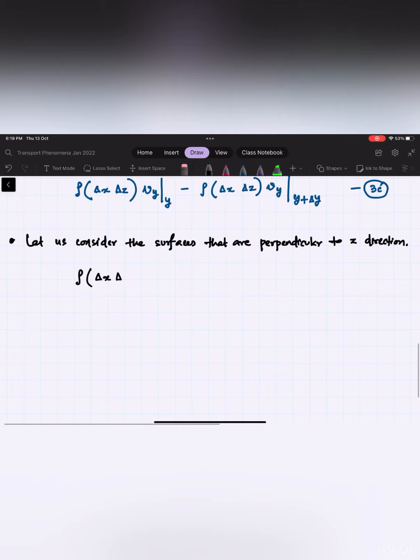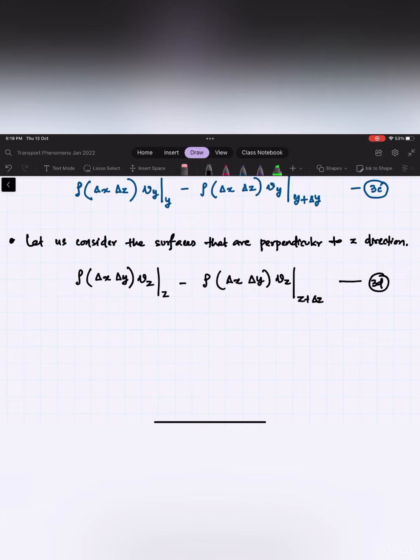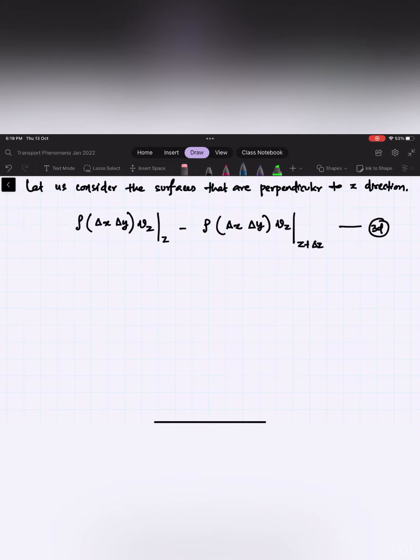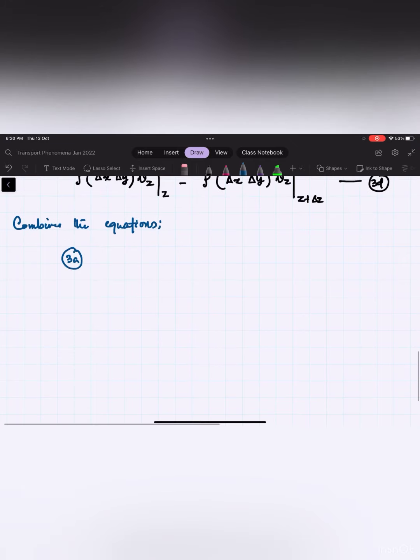And here we will get rho multiplied by delta x delta y multiplied by vz at z minus rho delta x delta y vz at z plus delta z, equation number 3d. Okay, after this we can combine all these equations we have just written and we can get the overall or the generalized mass balance equation. 3a equals 3b plus 3c plus 3d, and this gives us